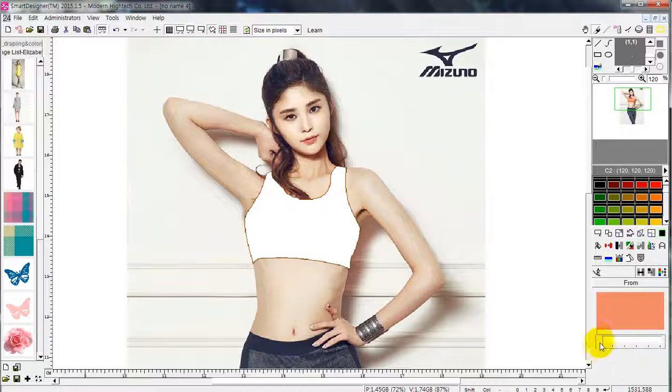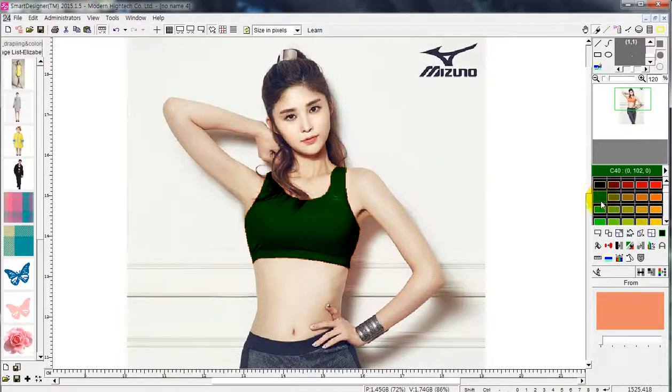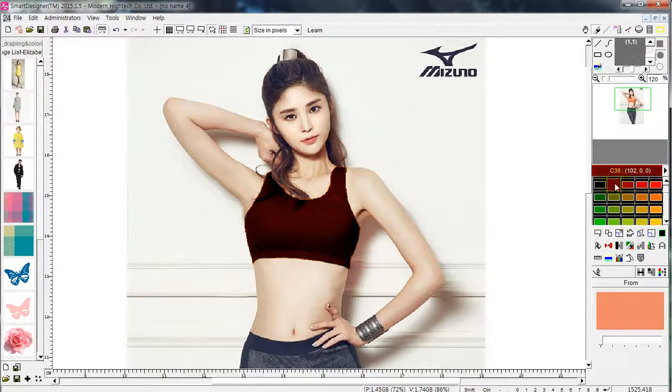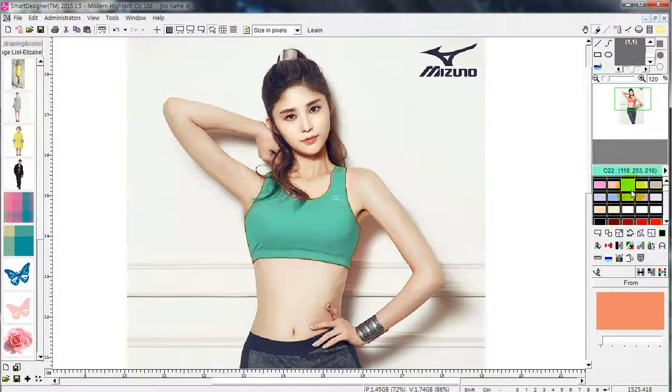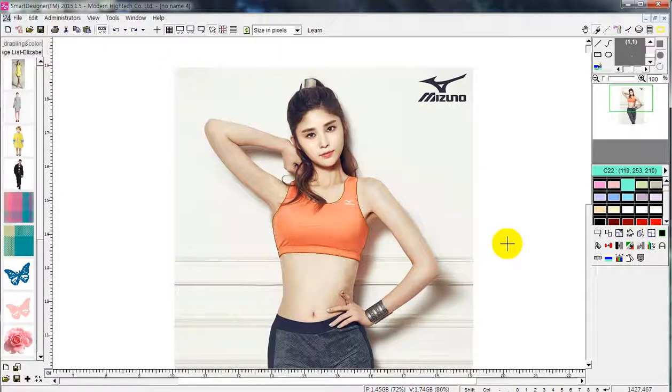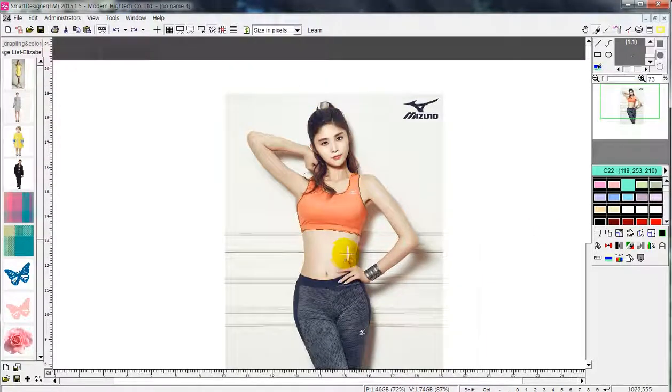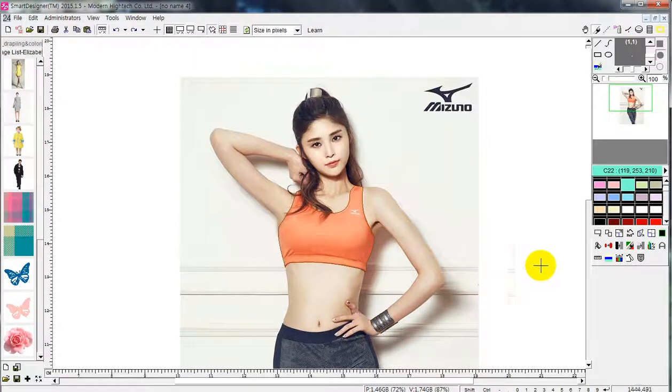I usually just put it all the way to the left so the edges won't be too smooth or too smudged. Now if you're happy with one color, just click that color and you can actually see the color applied to the model like this. So just like draping mode a while ago, if you want to make use of this model in the future for the color mask purpose,